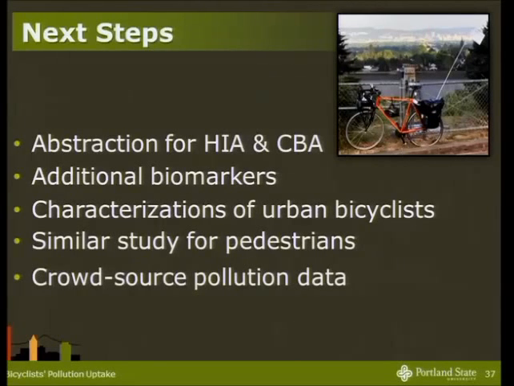I talked quite a bit about ventilation and physiology, and so there's more work that needs to be done characterizing urban bicyclists, things like speed choice, things like frontal area and mass and rolling resistance that will allow us to get better quantifications of workloads while bicycling and, as an extension, ventilation rates for bicyclists. It's a pretty natural extension, I think, to take this study approach and extend it to pedestrians, which is the other group with elevated breathing rates on road. And then lastly, I'll mention crowdsourced air pollution data for active travelers is something that I'm very interested in looking at.